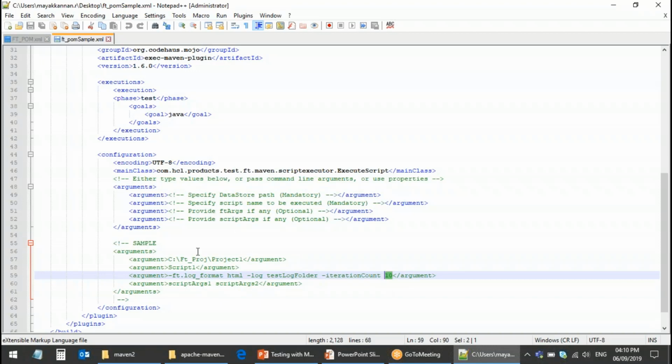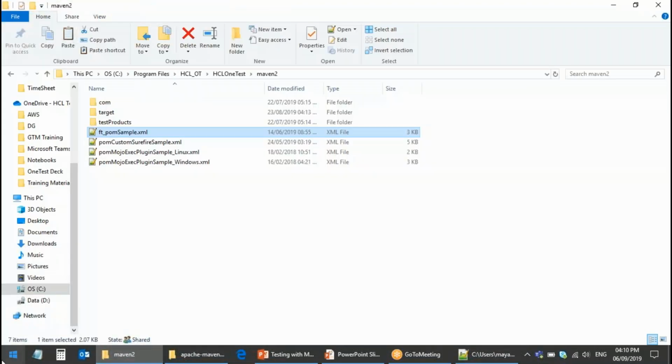Let's see how to execute a basic functional test script with the default settings. The first two are mandatory and the last two are optional. So I'll go with the mandatory ones. I have a script ready under